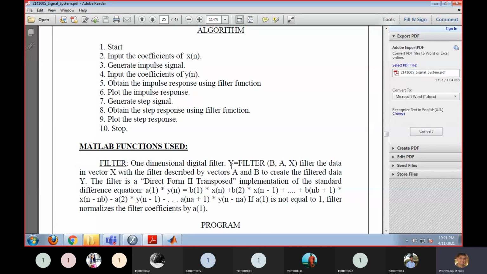The syntax of the filter function is simply y equals filter, in round brackets, b, a, and x. Now let me define what b and a are. The b and a are the numerator and denominator coefficients of your system. B is the numerator, A is the denominator, and X is your input.